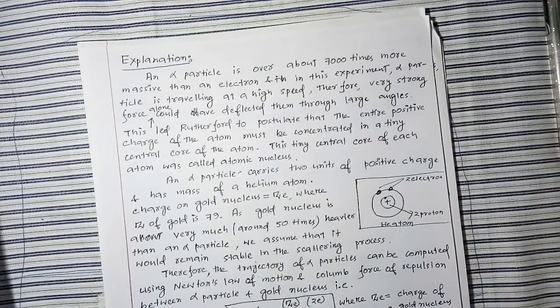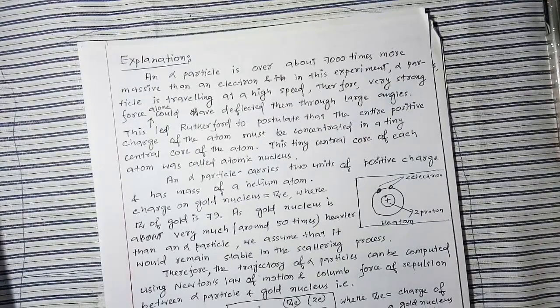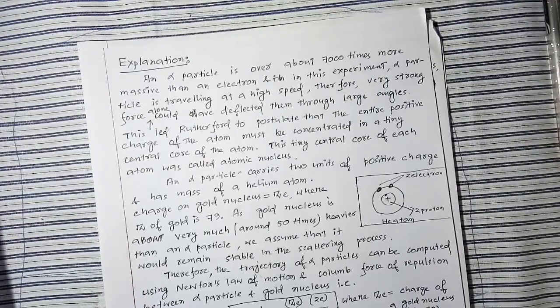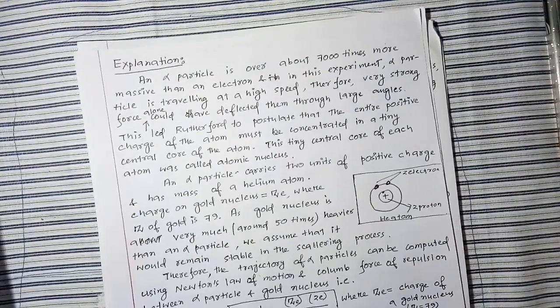The observations are very, very important. The observations are that almost all of the alpha particles emitted by the radioactive source will move through the gold foil undeviated. First observation, remember. Second one, in the first one, most of the alpha particles, meaning 99% of alpha particles, move through the gold foil undeviated, and a very small number of particles, 0.14 percent, will experience a deviation of approximately 1 degree, right?